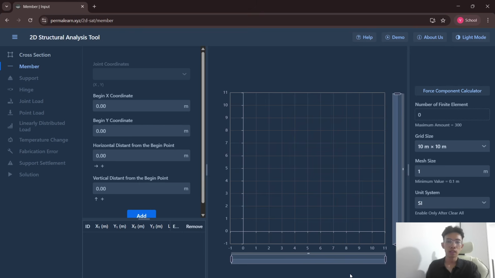Now, let's jump into the tool. Here on the PermaLearn homepage, I navigate to the tools section. Inside the tools, you will see a list of different categories. Once you click it, you will see an interface that looks a bit like engineering software. When you first open the tool, you